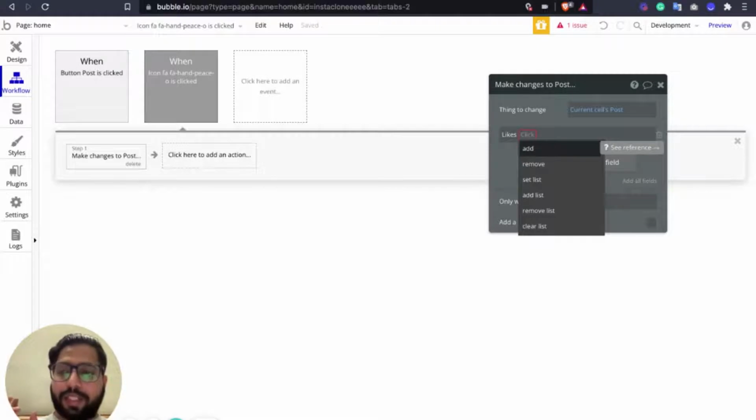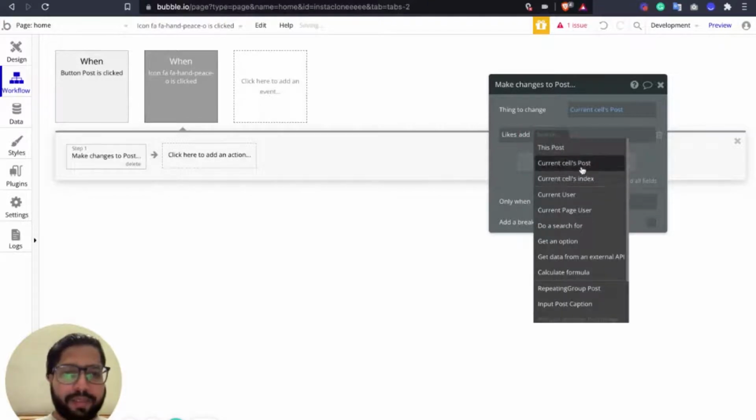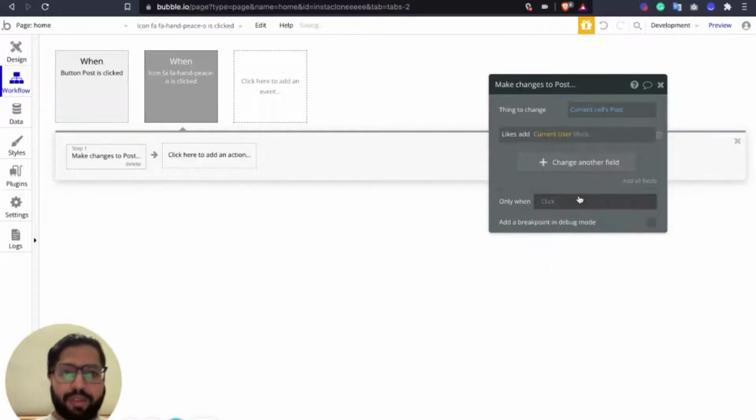Remember we had the likes as a list of users, so it won't show equals to or anything. It's going to ask us to add the component. So in the likes, add the current user. Since the current user is clicking, add the current user in that list.